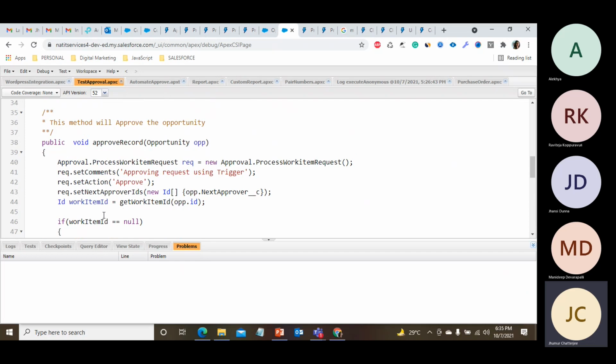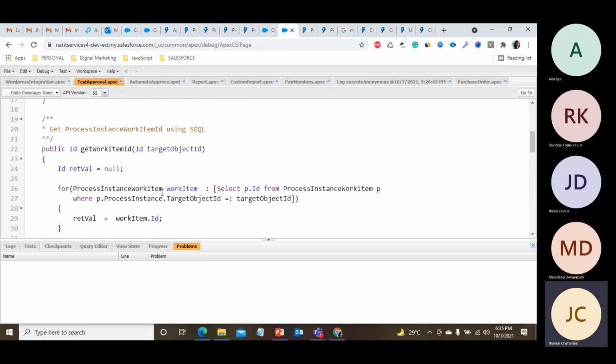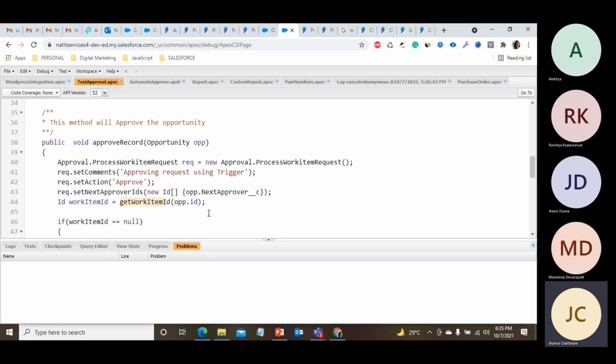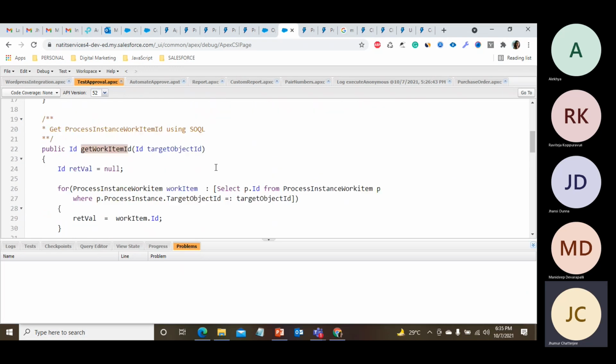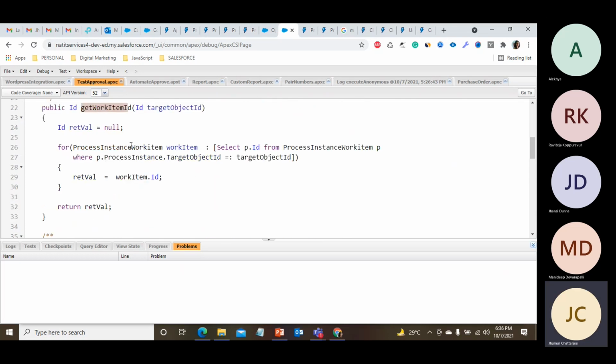And here, one more thing we have to do is the work item ID. Now, what is work item ID? We have created another method, which is getting the opportunity ID. From here, we are looping the process instance work item.